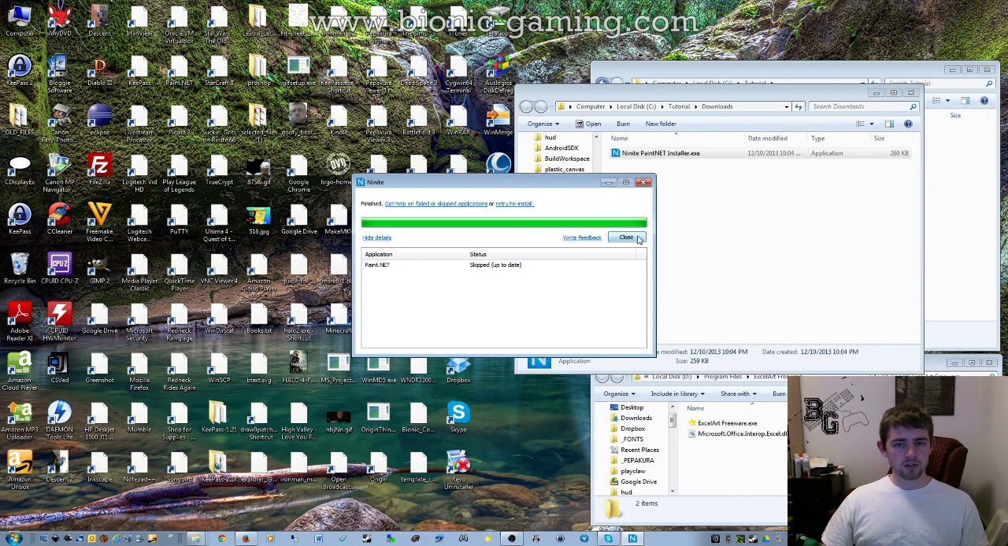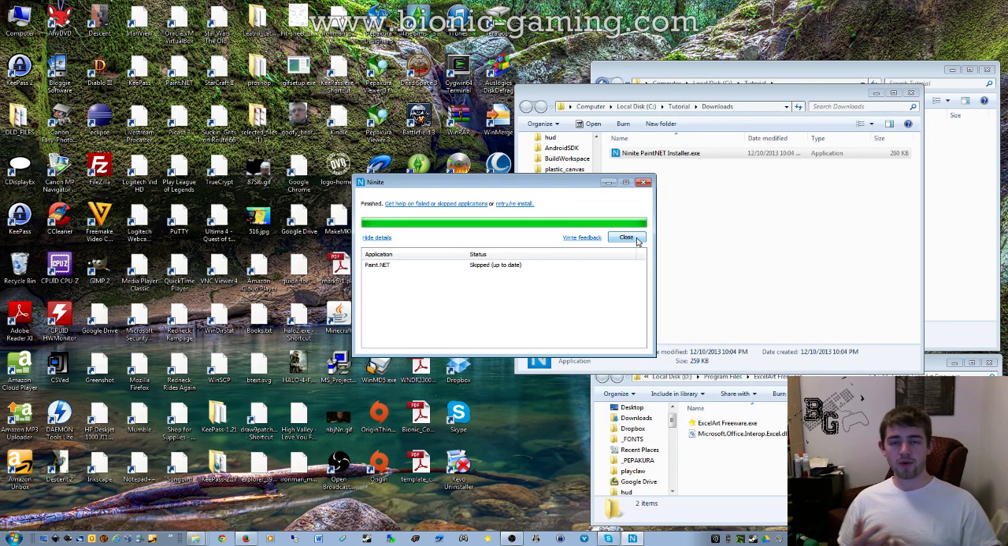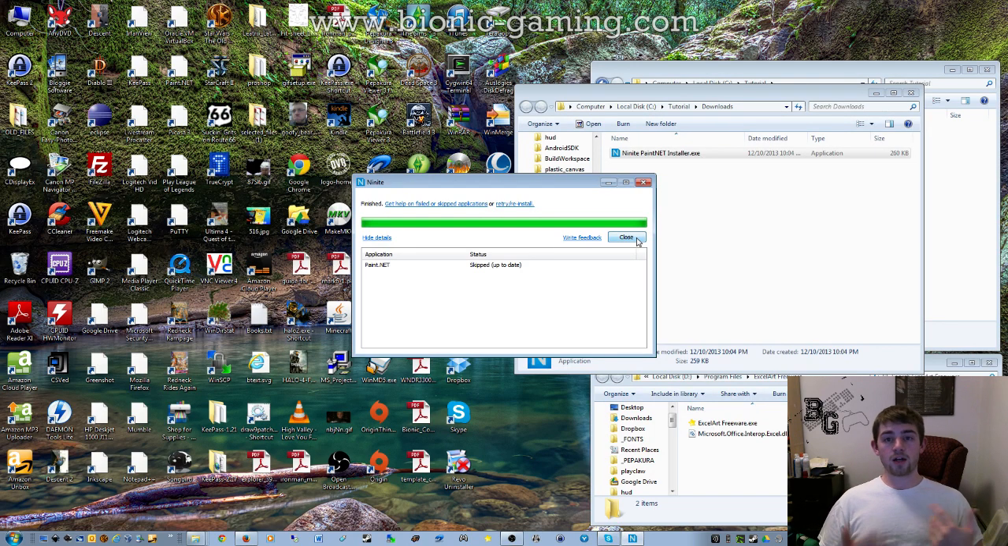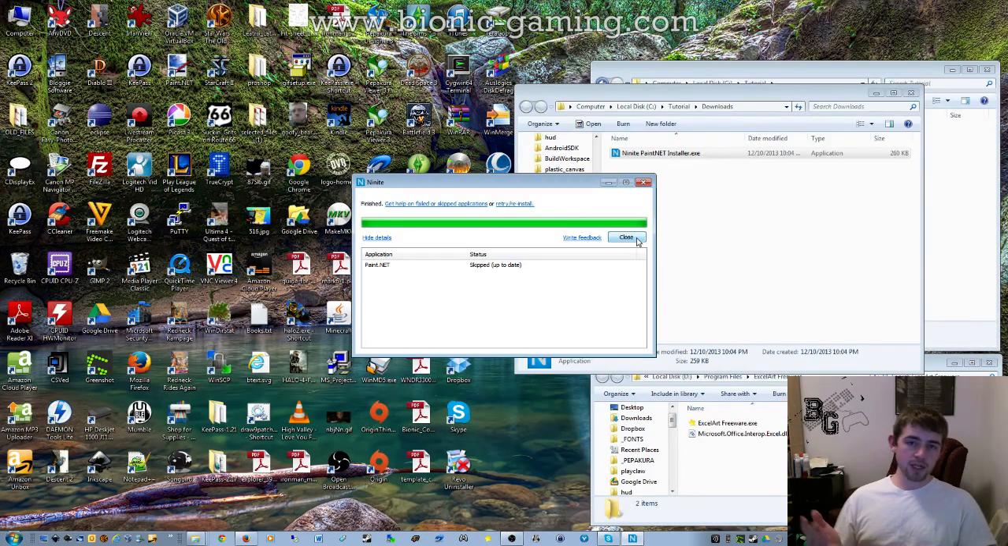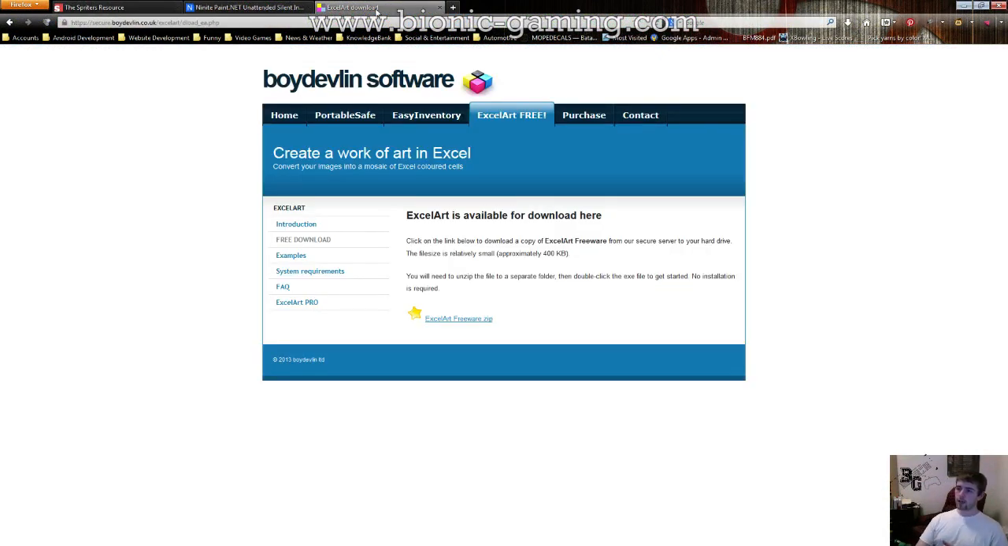Mine is up to date, so I don't need anything, and this is great because what you can do is set up a Windows task to schedule Ninite to run. I have mine set up to run on the 1st of every month, and so that'll make sure that if there are any updates to the apps that I have downloaded, it will update them. So anyway, we are up to date with paint.net, and we're going to go back over here, and now we're going to go to this